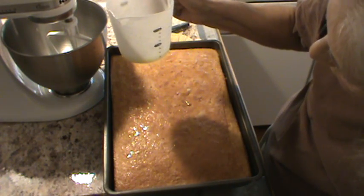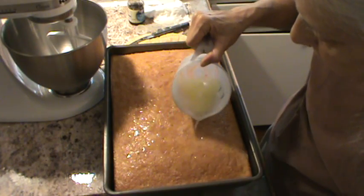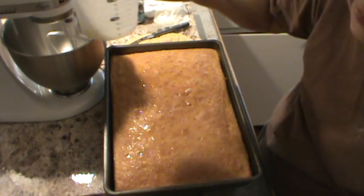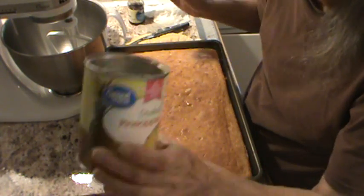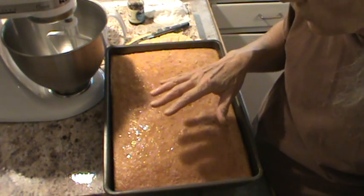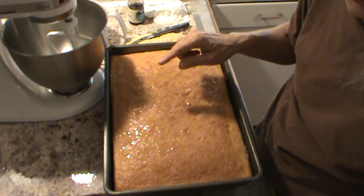So we want just about 1/4 of a cup to put in the icing. And that's about it right there. So we got 1 cup of juice when we strained the pineapple, and we've used 3/4 of a cup to dribble on the cake. And now I'm going to put the